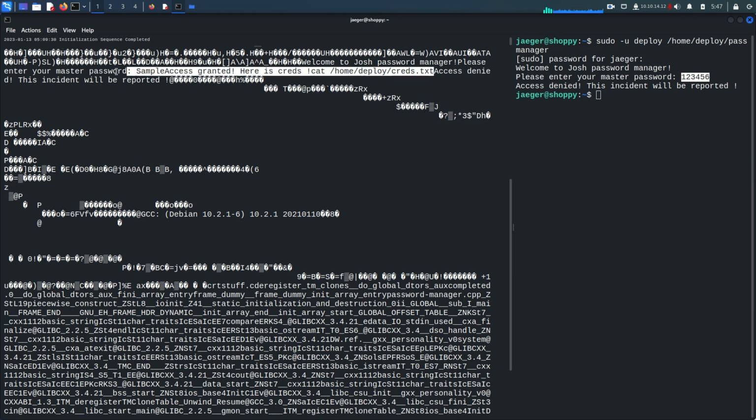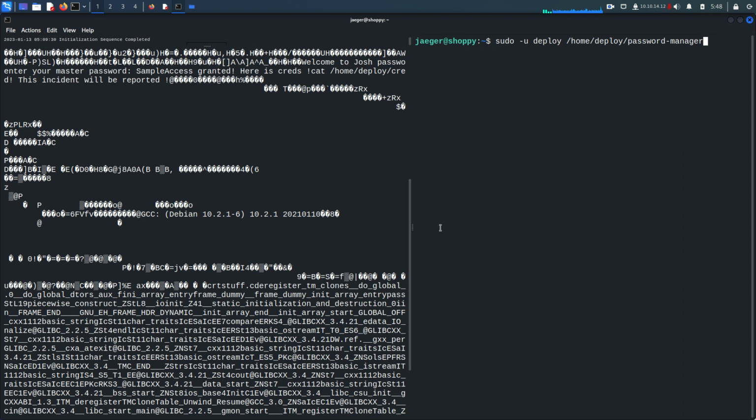Okay, so this is the problem. Let's try one more time. I'm going to execute it here. Now it's asking for the password. In the backend, it's already putting this as a password, and then it's saying access granted,